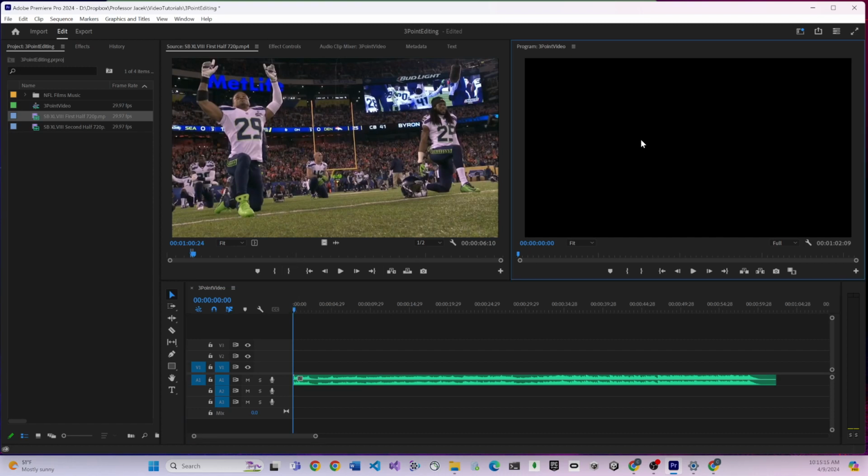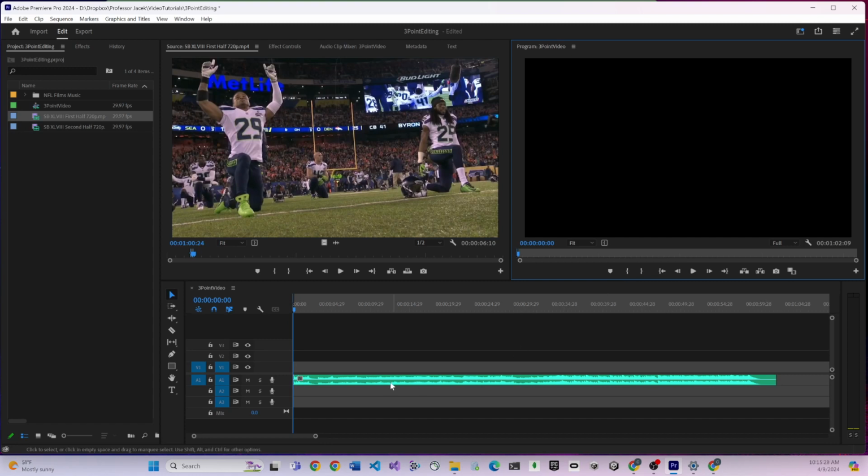We can have this window or this window active, but either way, we either want to click on this button. Notice that there's a separate mark in button on the program monitor. So I can click that right there, and then it'll start adding this shaded area down in the timeline. And that shows where the video clip is going to be put. Now, since we don't have an out point here, it just kind of sends it off to infinity, to the end of the sequence. Now, you might be tempted to say, well,